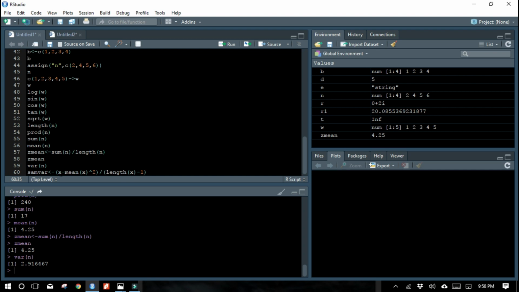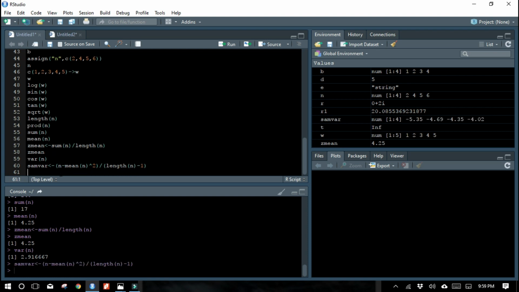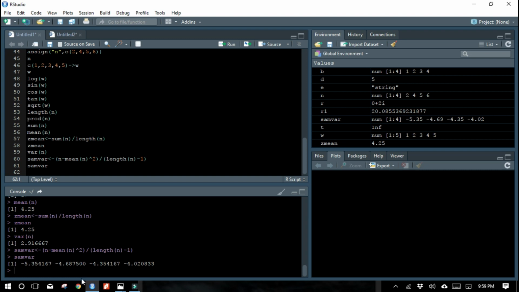So instead of x here we have used n, right? So we can give it as n. Run this code. Now when you print sam var, the value is this one, sample variance. For all the values it is given.